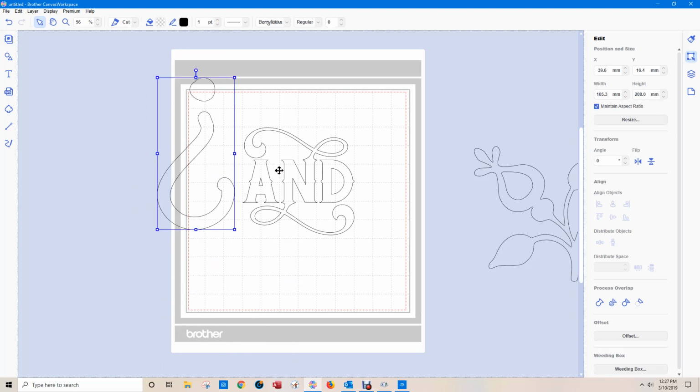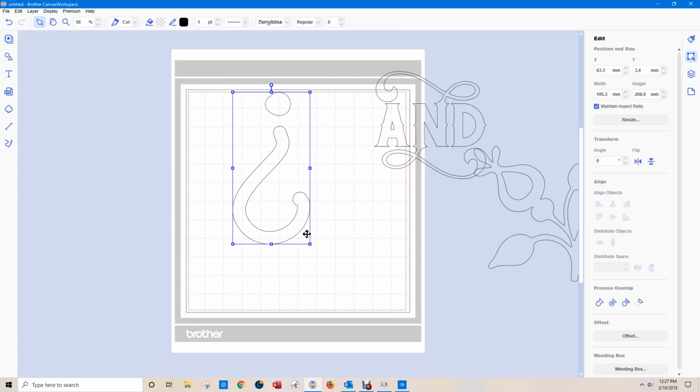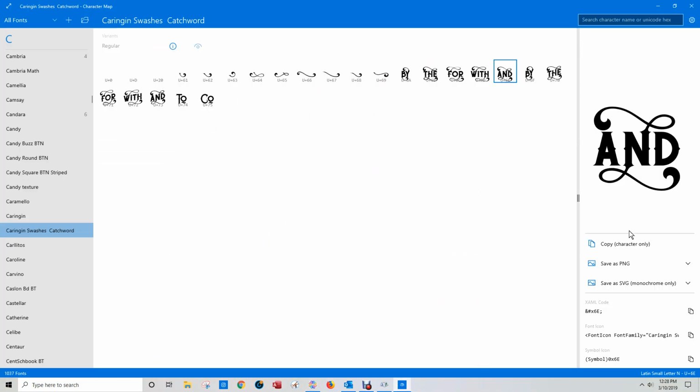There are other ways you could easily do an upside down question mark if you wanted it, but it was just an example. That works with any font in both of these programs. If you're having any trouble, in this character map, you can also save as a PNG or as an SVG, but I have not had any trouble. The tricks are, one, to select your text in Canvas and make sure that when you go to the character map, you've got the same text. Select whatever you want